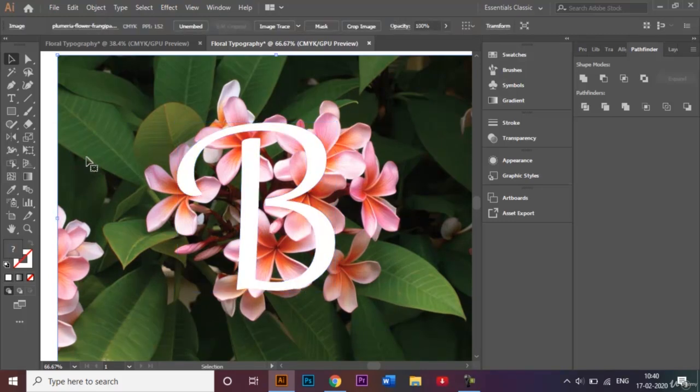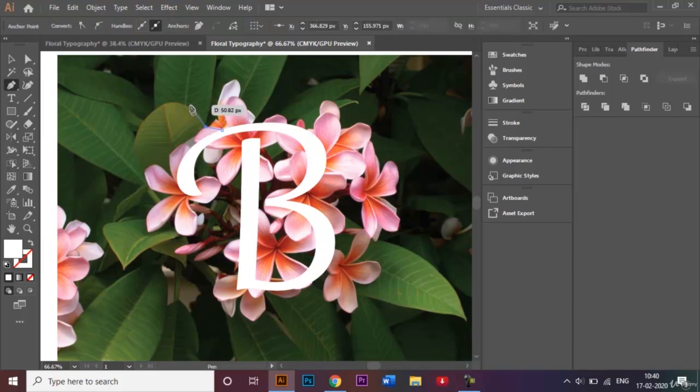What I'm going to do now is create certain outlines with the help of the pen tool. I'll make sure that there is no fill and there is no stroke as well. And we can just go ahead and start making our outline. Make sure that there is no fill or stroke. You'll see that in a moment soon. And just go ahead and make such types of